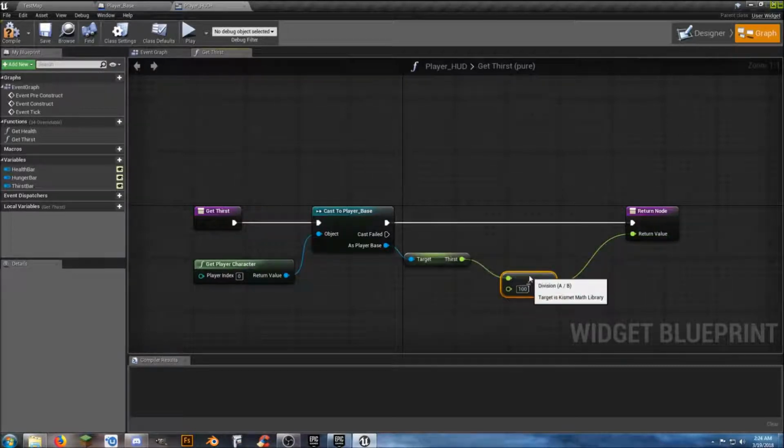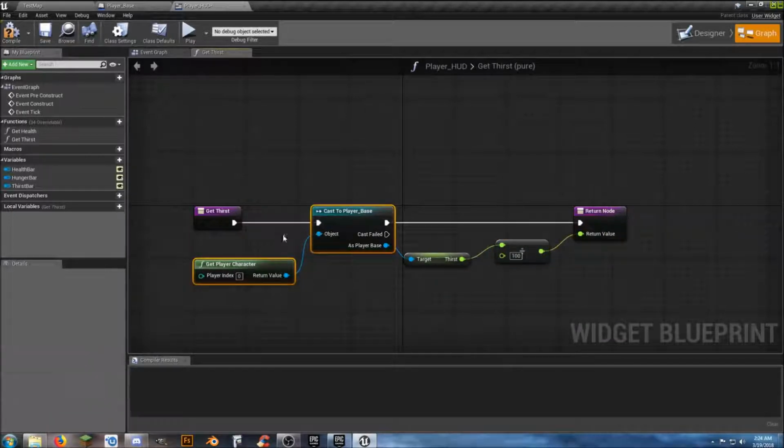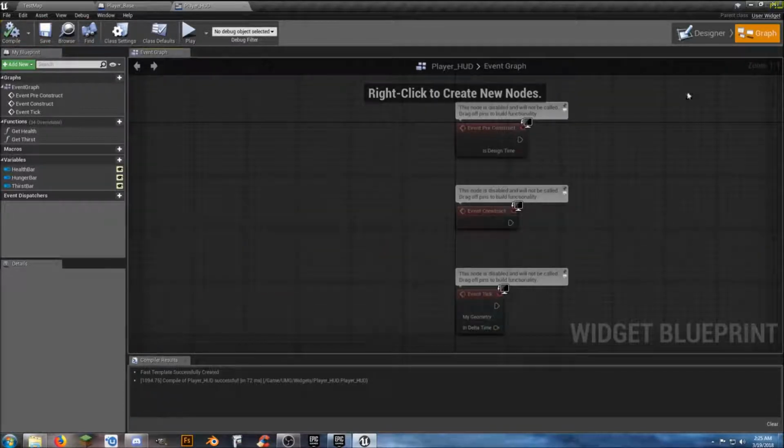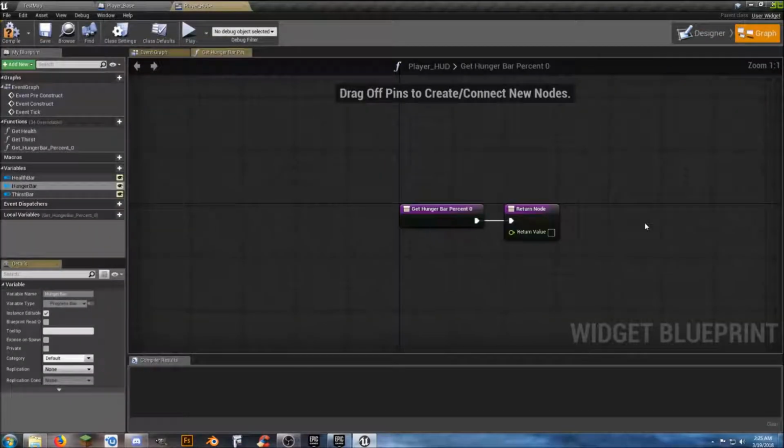Do that. Make it pretty. And we're done. What we could have done is Control C on those two right there, and that way we've got them instead of trying to type it in each time. Go back to our designer tab, and the final one is going to be our hunger. We're going to bind that, create binding,